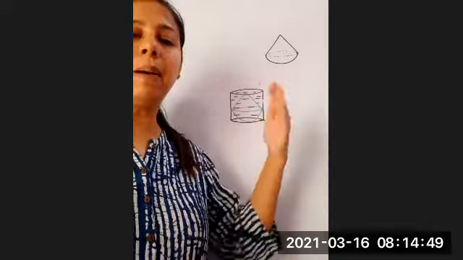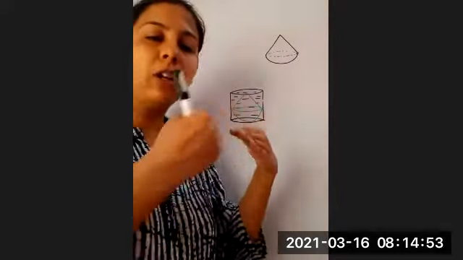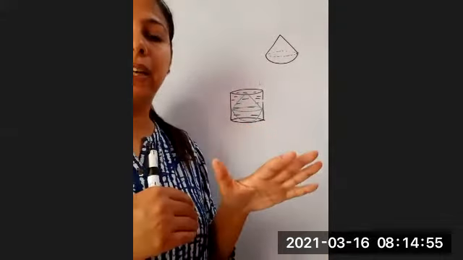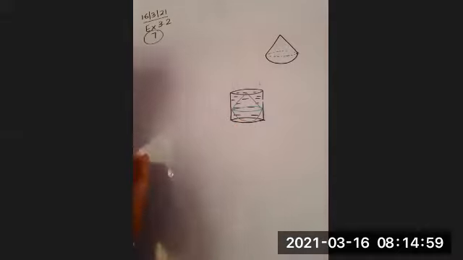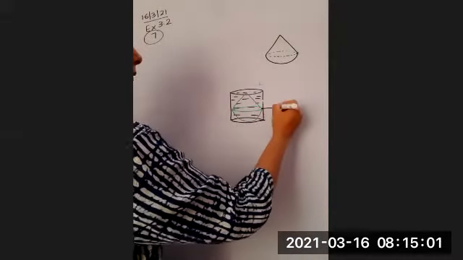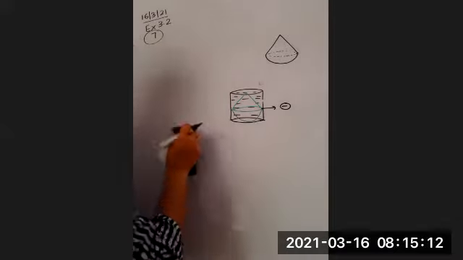है ना? जितना पानी बाहर जाएगा वो solid की volume के equal होगा. तो यानी the volume of water which is left in the container should be the volume of cylinder minus volume of cone and hemisphere. Is the question clear, children? Yes, ma'am. Now look at the interesting part.